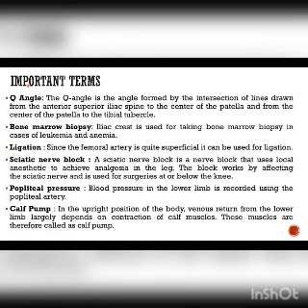Ligation. The femoral artery being quite superficial in its nature, it is used for ligation. And the catheters are even passed upwards till the heart for minor operations from the femoral artery. Sciatic nerve block. Sciatic nerve block is a nerve block that uses local anesthesia to achieve analgesia in the leg. It is done by injecting an anesthetic agent 1.5 centimeters below the midpoint of the line joining the posterior superior iliac spine and the upper border of the greater trochanter.